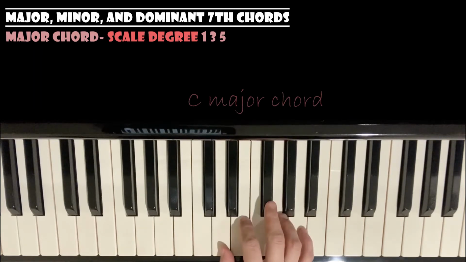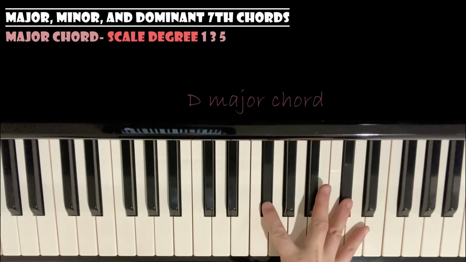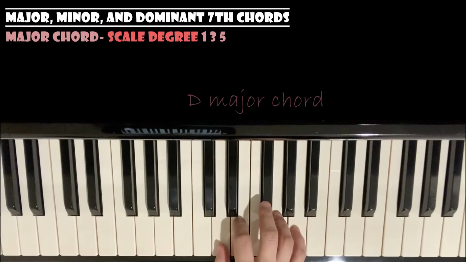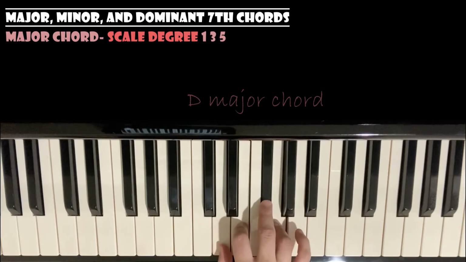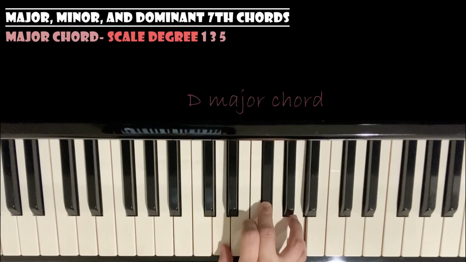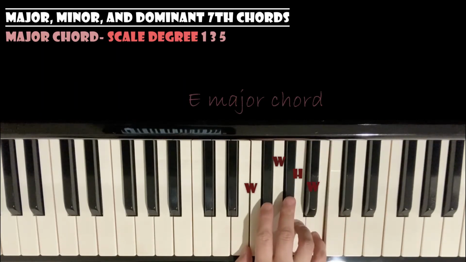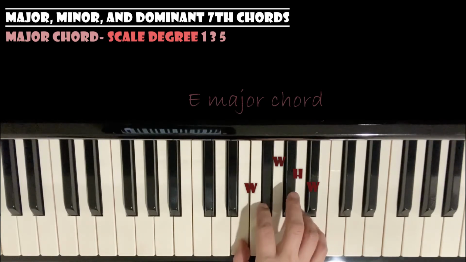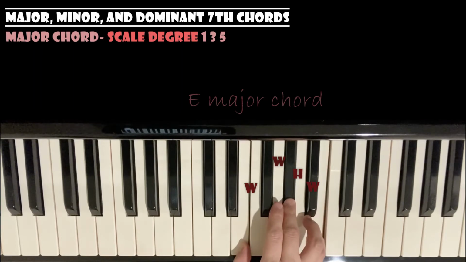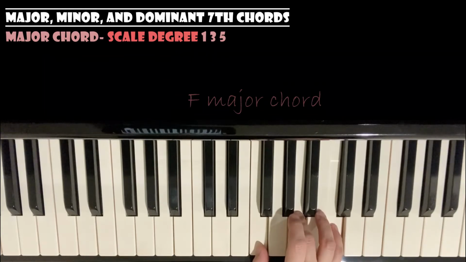So let's go on to D major. D major has 2 sharps, right? To play the D major chord, you need to find the 5-finger scale, which is the pentascale of D major, and 1, 3, 5. And E major: whole step, half step, whole step. That's how you find the 5-finger scale easily, and play 1, 3, 5, and whole, half, whole, 1, 3, 5, G